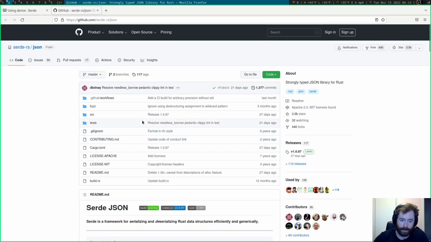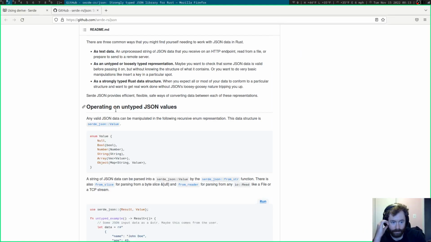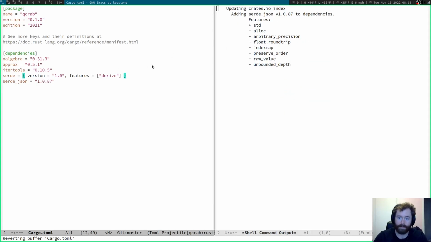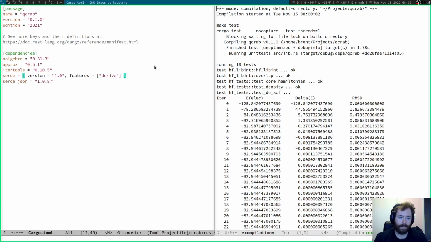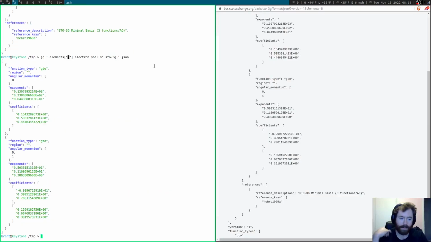No standard. I'm pretty sure this one you can just cargo add serde. 1.0.87. Is that right? 1.0.87. Great. So we now have both of those. And the only thing we really have to worry about here